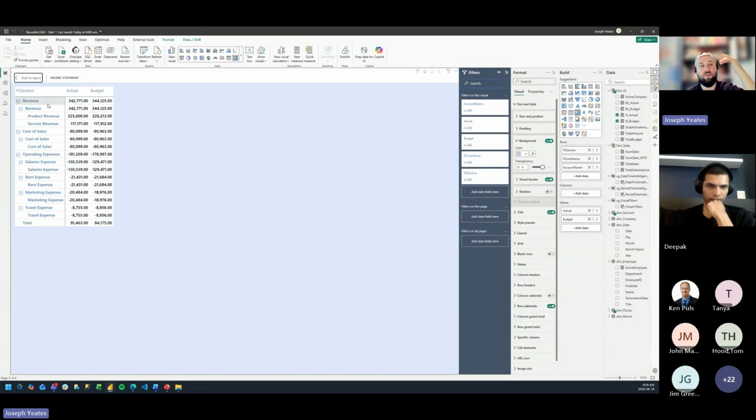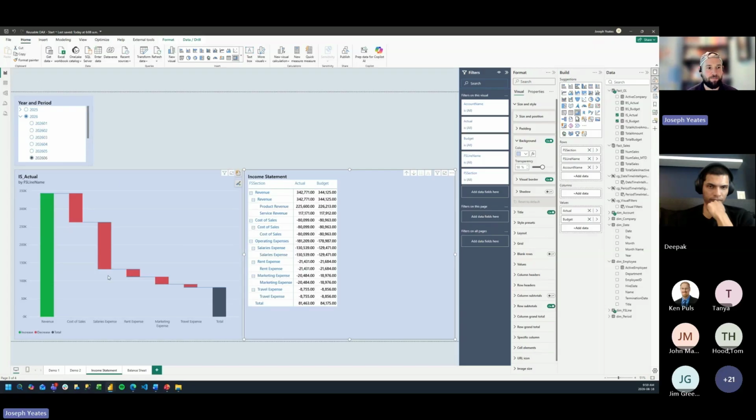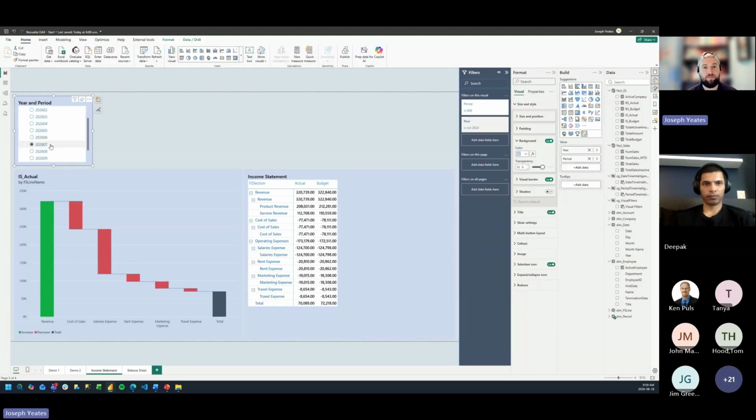And then we have the different breakdowns. We have revenue at the top, and then we define what's our cost of sales, what are our different types of expenses to get to our net income at the bottom. So we start with our revenue, and we're just taking away all of our expenses essentially to get to net income at the bottom. We have our actual values for a given period. So if we toggle different periods, we can see what actually happened and also what our budget was for that